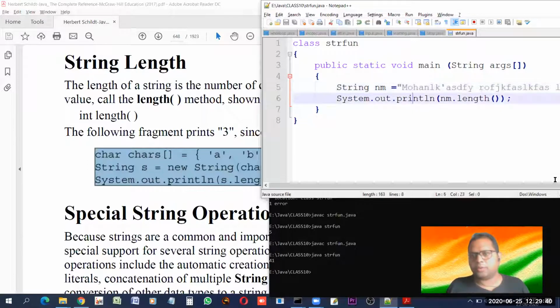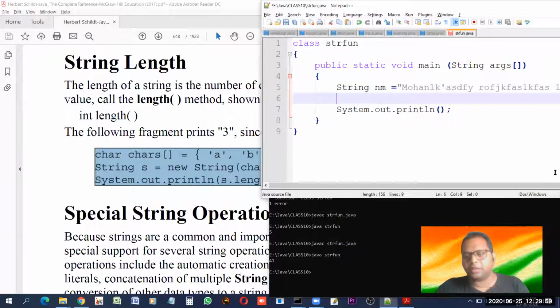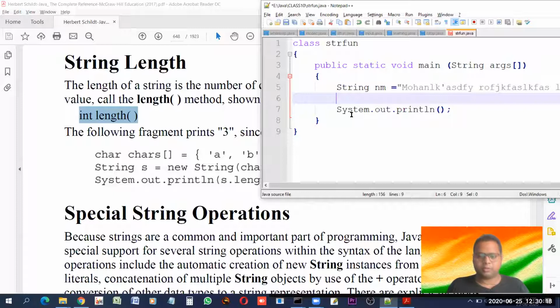So here we are simply calling a function in the system.out.println. So this is one of the ways of calling a function. Another way, since we must know that the length function returns integer data, how can we know this? By studying the prototype of this function. It tells int in the beginning, the return type, that this function will return an integer. So if we want to store the value,